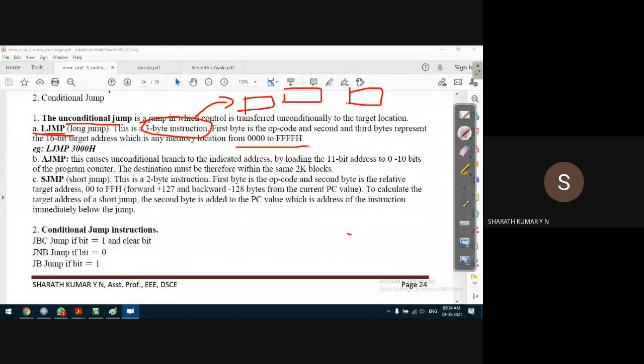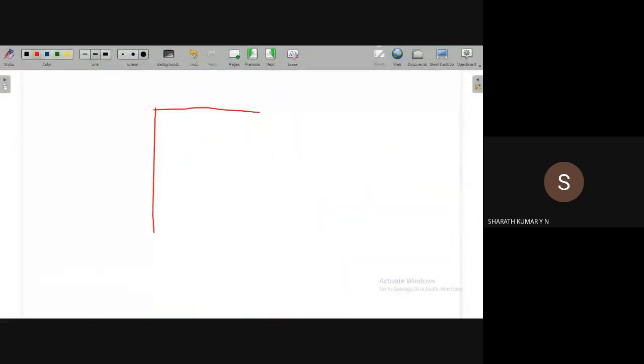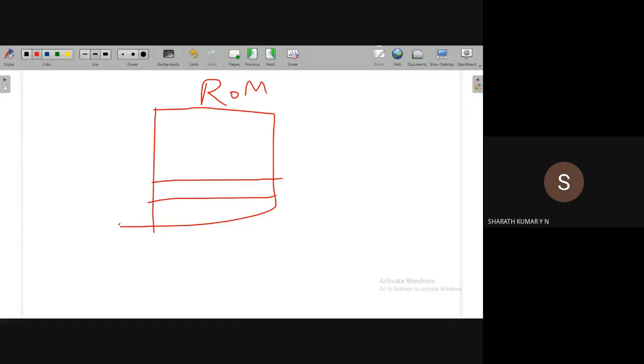In the ROM space, 3 locations are allocated for LJMP instructions. If it is an absolute jump instruction, then 2 locations are allocated.